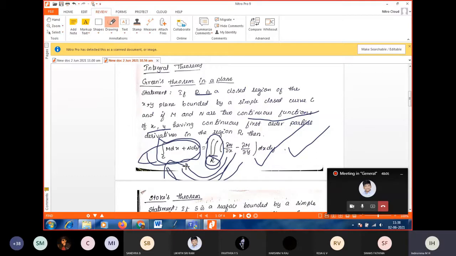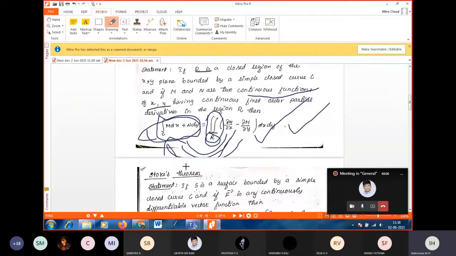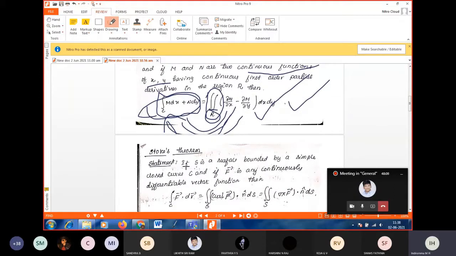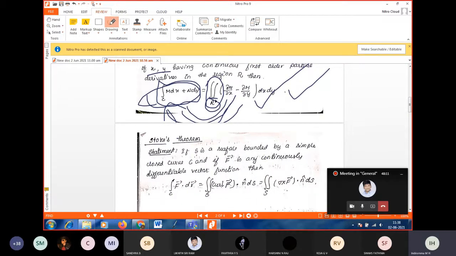Yes, ma'am. Come to Stokes theorem. Stokes theorem converts a line integral to a surface integral. Okay, so the statement of Stokes theorem: if S is a